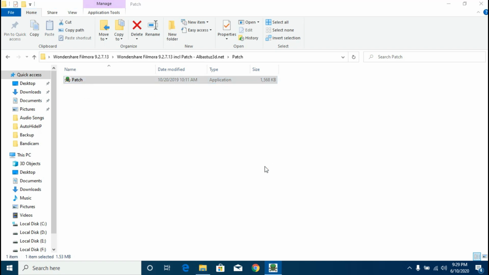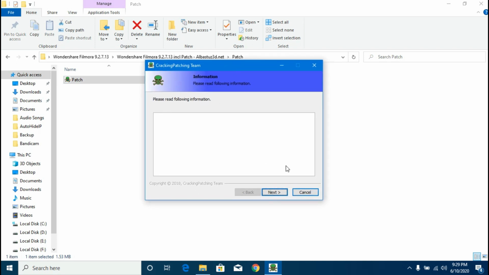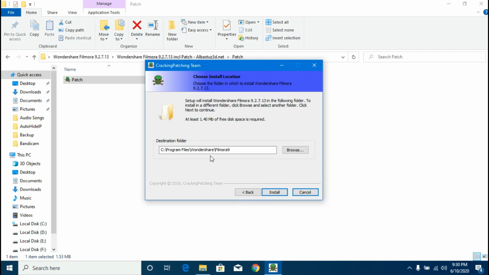Now here is the patch, just click next, and here you can see the location, the destination folder of this patch. That's why I previously told you that you must remember the location where you are installing Wondershare Filmora, because this patch must also be installed in that folder. As it knows the default directory selected by Wondershare Filmora 9, it will be automatically installed there. But if you have changed the location, you must make sure that this destination is the same where your program has been installed. So mine is okay, but if you see that this is not the right location, just browse and select that location and then press OK.